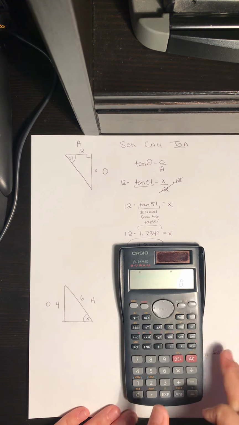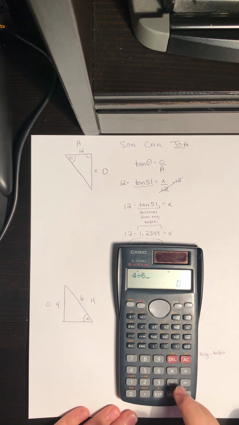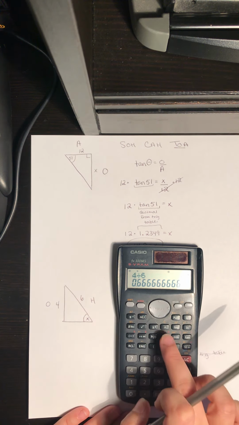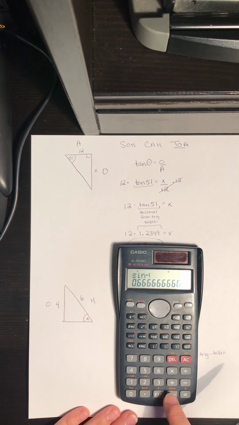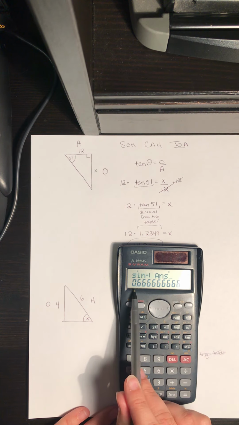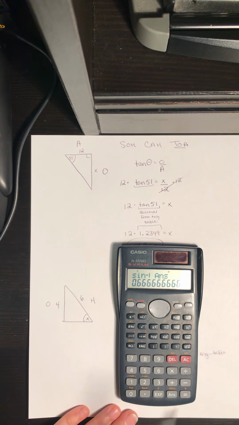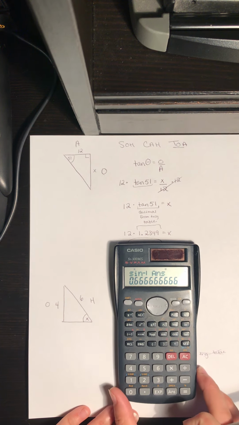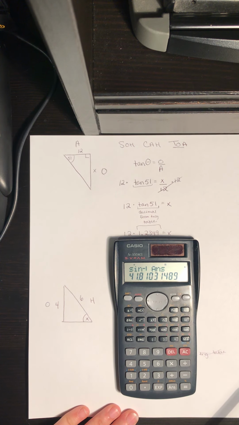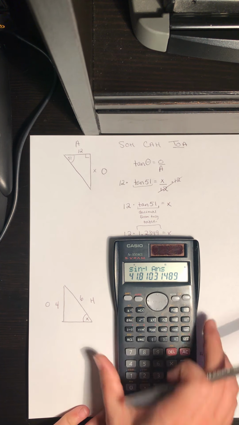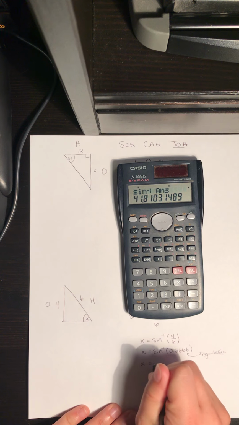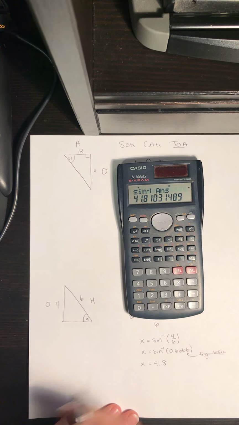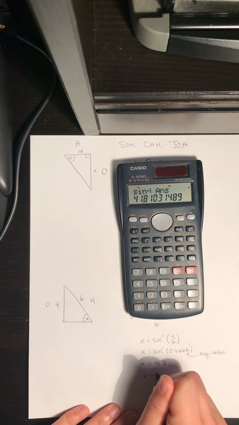So I'll show you: 4 divided by 6 equals, then I want to hit shift, sine, and multiply it by this answer that I have in my calculator here. So that's what the ANS button is. That means I'm not rounding this at all. It'll give me a much more precise answer. So 41.8 equals X. And because we're looking for an angle here, we would typically round that to the nearest